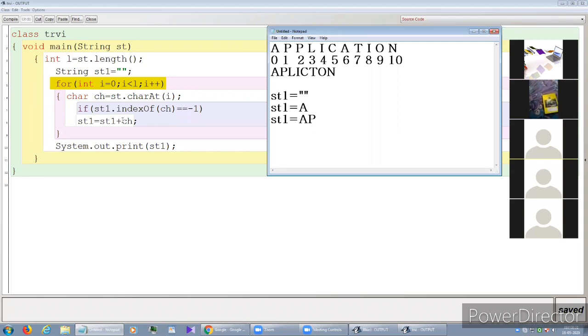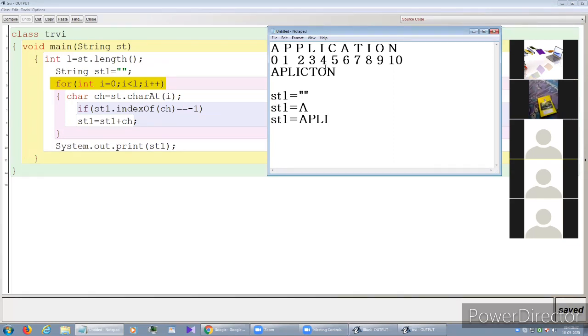And L is added to st1, so now it became APL. Then the value of I became 4. In 4 index I is there, and st1 is updated with APL. In APL, I is not present. Then this condition is satisfied and we are adding I there.